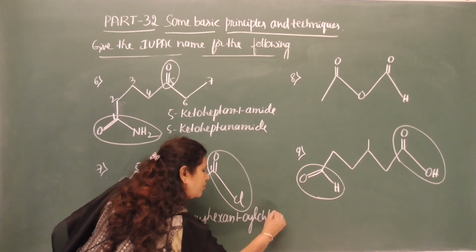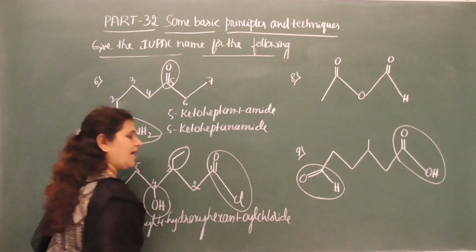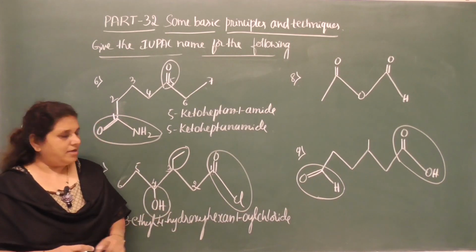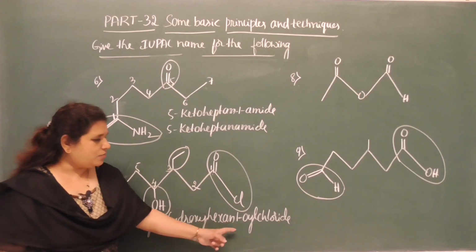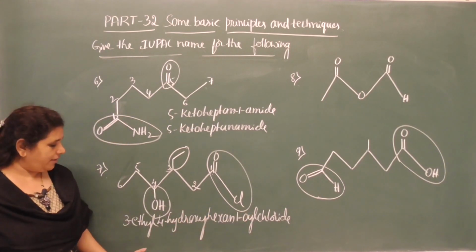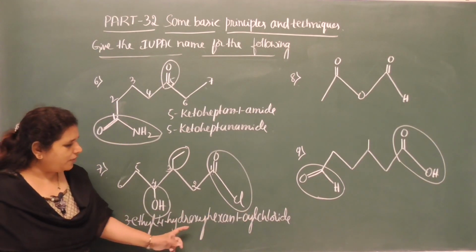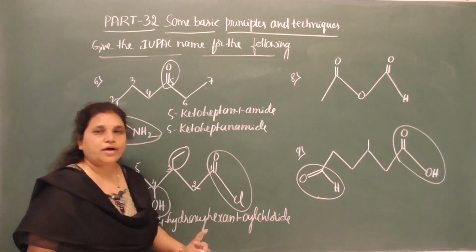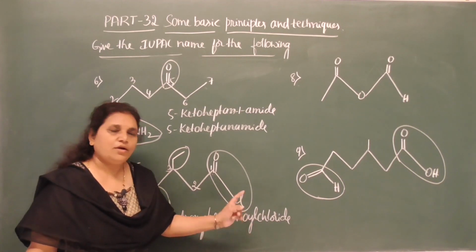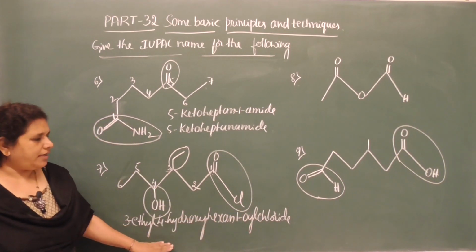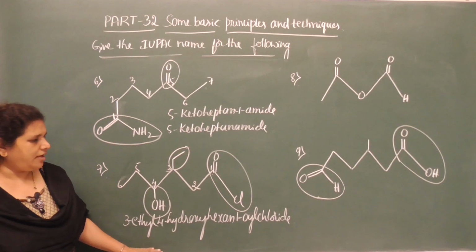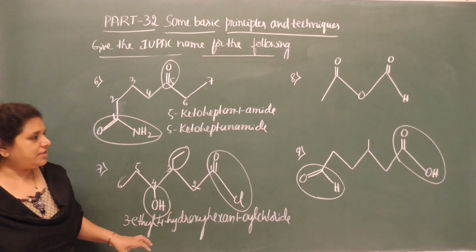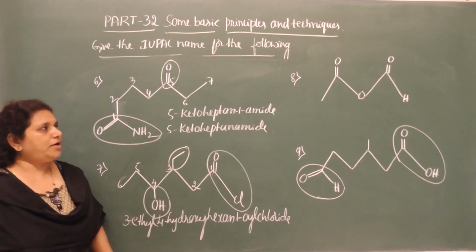1-oyl chloride. What is the secondary suffix for an acid chloride? Oyl. Acid halide is oyl halide. Since chlorine is there, it is oyl chloride, or you can write it as 3-ethyl-4-hydroxyhexanoyl chloride. You can ignore the locant 1. So hexanoyl chloride, that also you can write as the IUPAC name. Here also the carbon atom of the acid chloride group is considered in the root word. Move on to the eighth one.